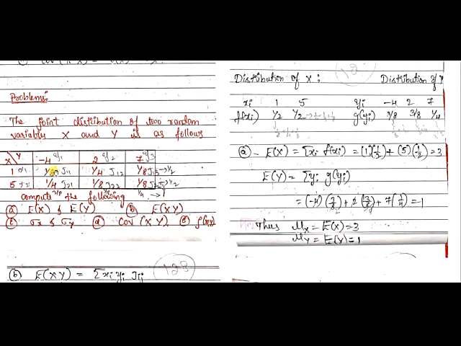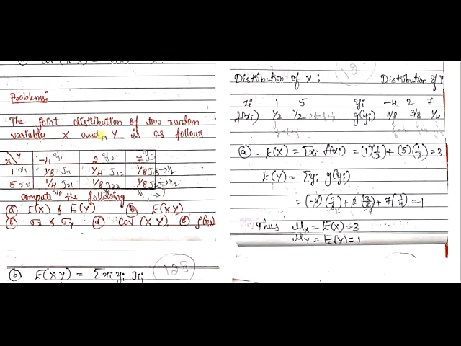Similarly, when you add the elements in the first column, that is 1 by 8 plus 1 by 4, will give you 3 by 8. In short, I have written 3 by 8. Then similarly, 1 by 4 plus 1 by 8 will give you 3 by 8 again. And 1 by 8 plus 1 by 8 will give you 1 by 4. And these are all nothing but the marginal distributions of y. Now when you add these elements, that will give you again 1. So this must hold for all marginal distribution tables.